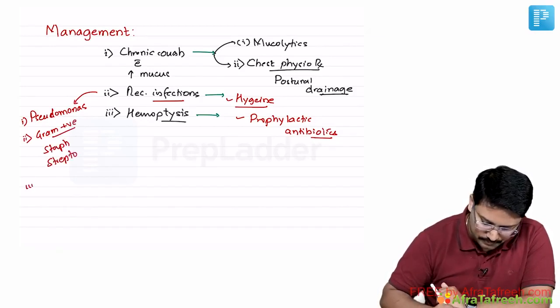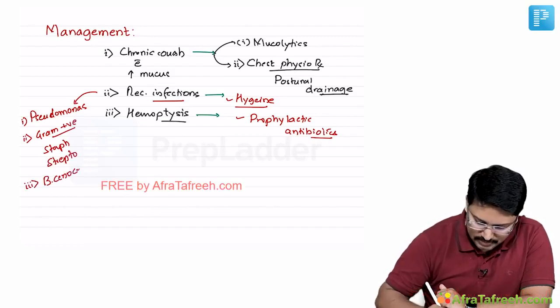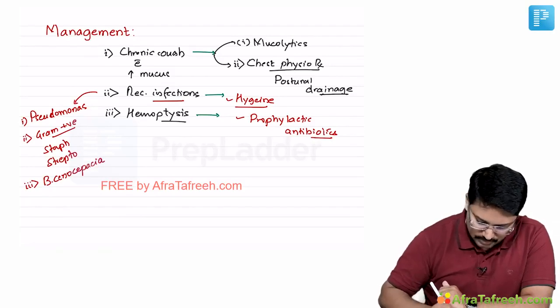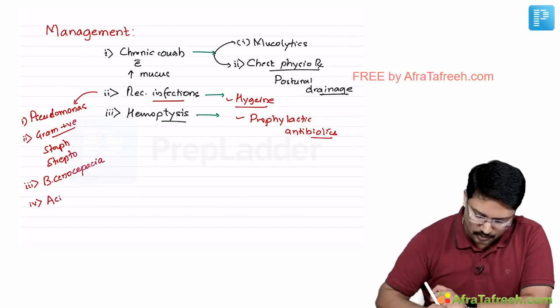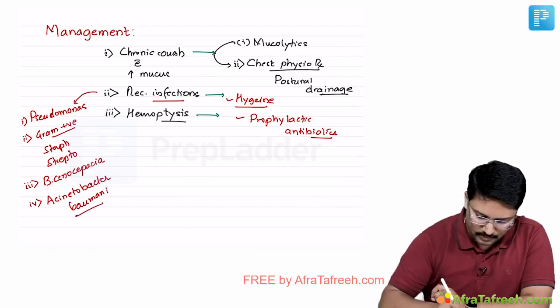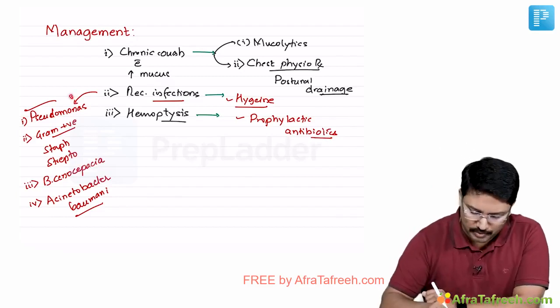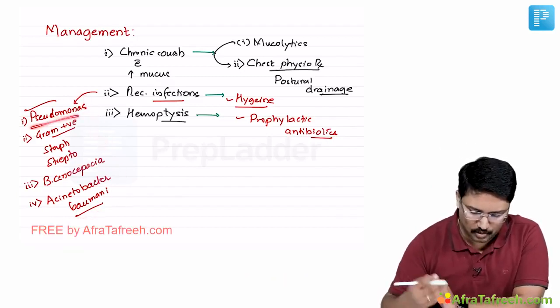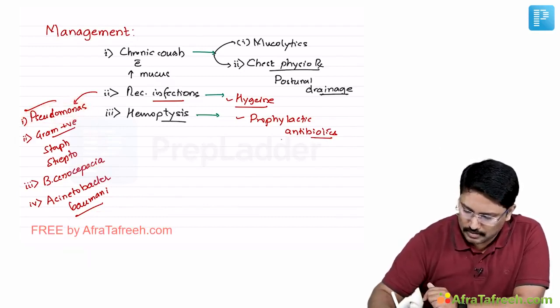You also have to remember Burkholderia cenocepacia, particularly in patients with cystic fibrosis, which is an important reason for recurrent exacerbations and sometimes catastrophic infections. And of late, because of frequent hospital visits, Acinetobacter baumannii is also becoming a problem. So you need to keep these organisms in mind when these patients present with exacerbation, and if at all it calls for prophylactic antibiotics, you need to address all these organisms, most importantly Pseudomonas. So the usual practice is to give them